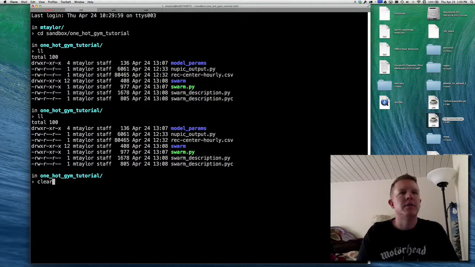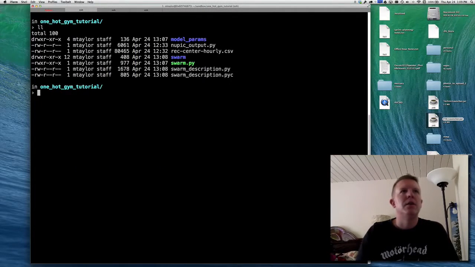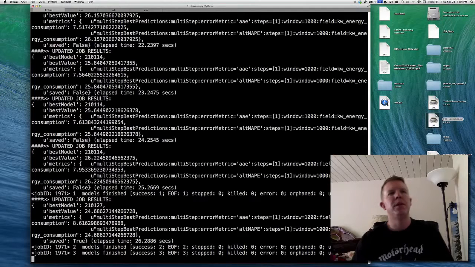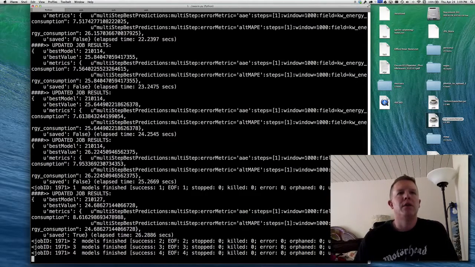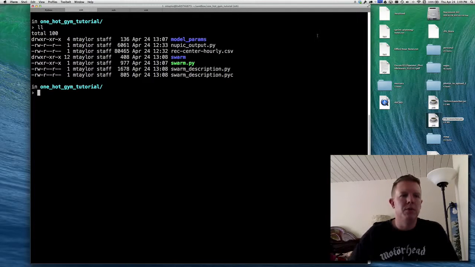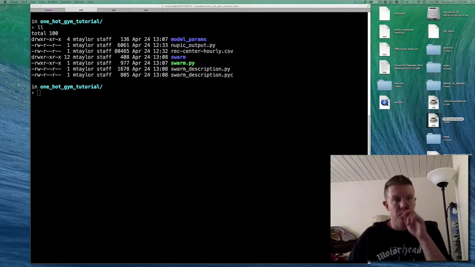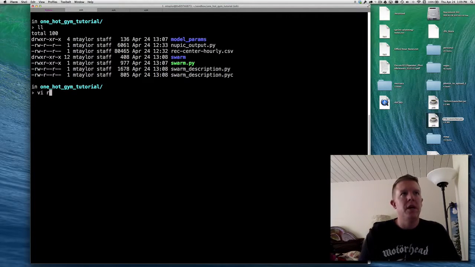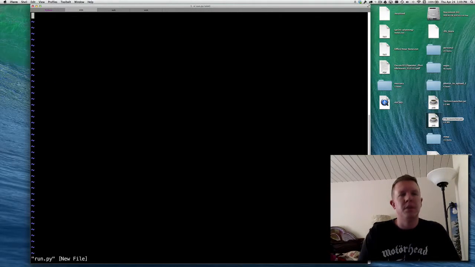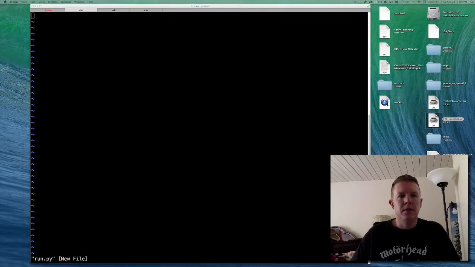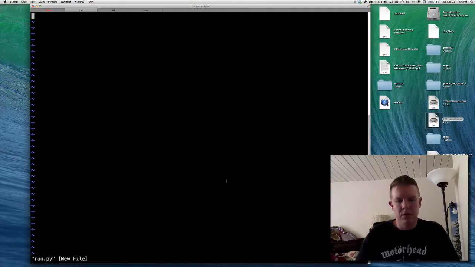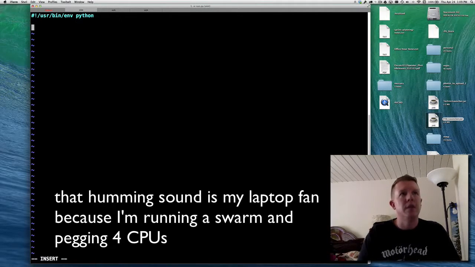Okay, guys. I am back here. So I've got one tab over here that's running a medium swarm over all of that input data. So that's going to take a while. While that is running, we're going to move along and create another script which is going to actually run the swarm. So vi run.py. This is going to be our runner. I'm going to also make this one executable. And then we'll add the if